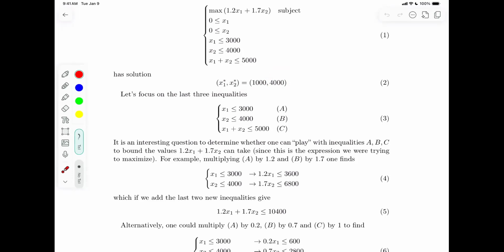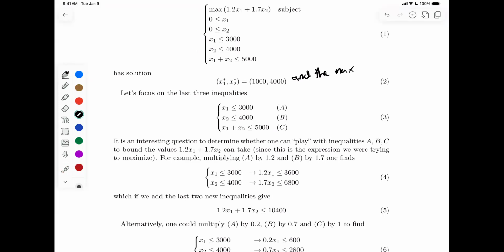So the idea is that, okay, literally I solved the entire problem, right? And that's how I found the max. What I'm trying to do now is something a little bit different. Imagine that, for whatever reason, I don't want to find the corners. Maybe I don't know how to draw the region that satisfies these inequalities. Oh, by the way, I forgot to write this, I'll update it on the PDF. And the max,